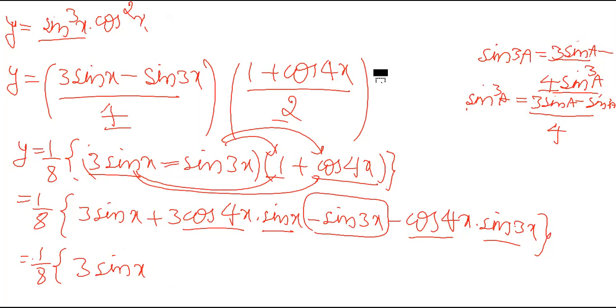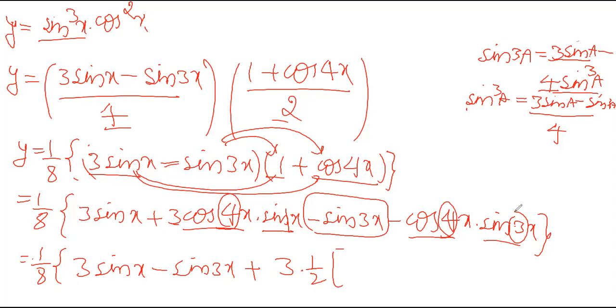That is 3 sin x minus sin 3x, then plus this one, 3 into 1. I write it directly: 1 by 2 into A plus B. What does A plus B mean? Here 4 is there and here 1 is there, here 3 is there. I take this 3 into 3 as it is.